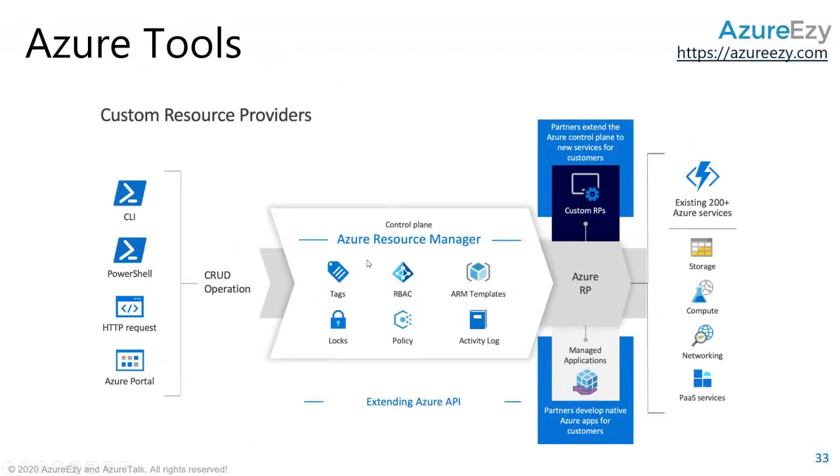When you talk about deployment, this is what happens. You can use any one of these services or tools to deploy or to communicate to Azure Resource Manager. Azure Resource Manager is nothing but an API. So you can use any of these tools, CLI, PowerShell, a REST API call, or the Azure portal, and put your request here in the respective format. As soon as you put the request, the Azure Resource Manager has the internal implementation, which is an API.